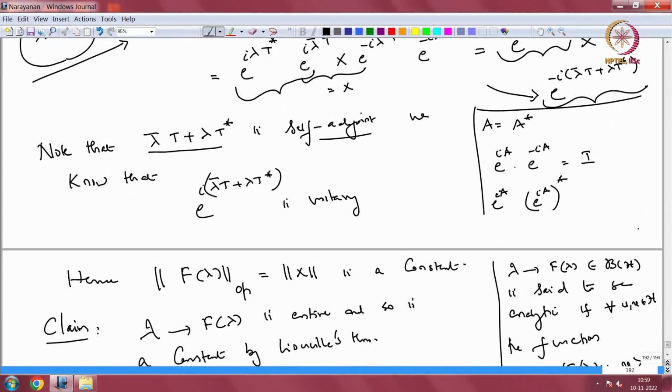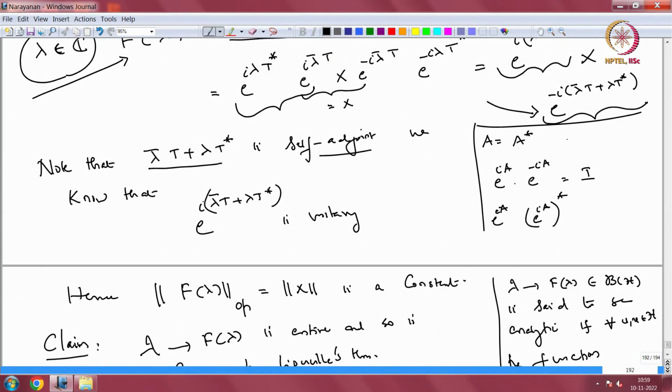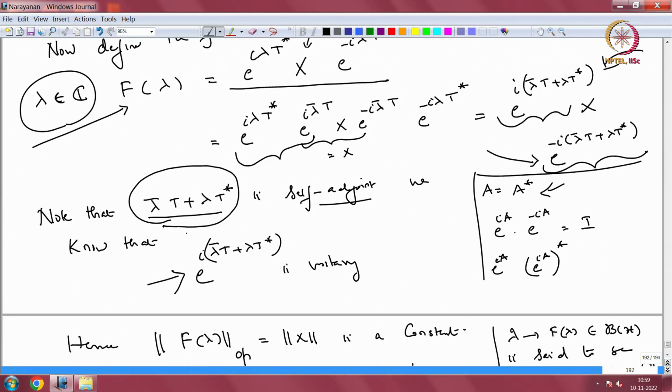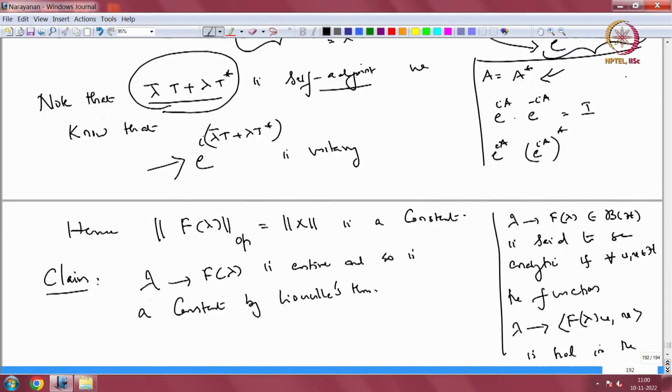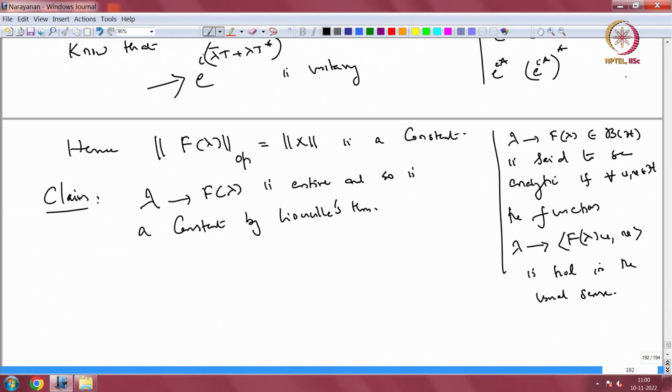So, that was unitary because if A is a self adjoint operator, e to the iA is unitary, and lambda bar T plus lambda T star is self adjoint, and so e to the i(lambda bar T plus lambda T star) is unitary. Because of that, the function f lambda is like this, right. So, here I have this unitary, call it u, then I have u x u star. So, its norm is simply the norm of x,